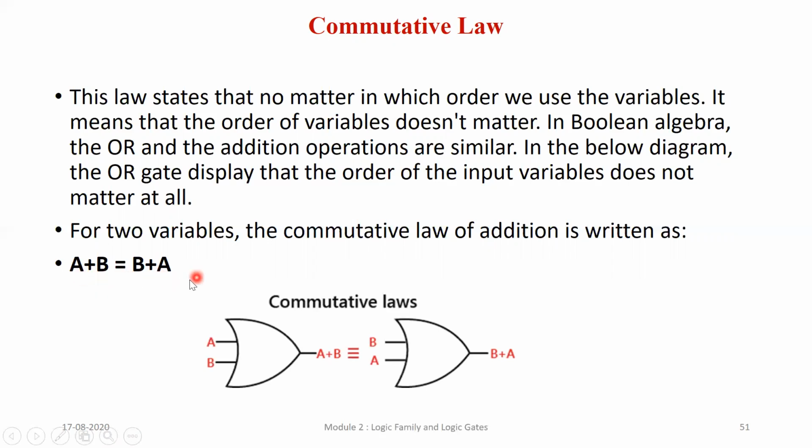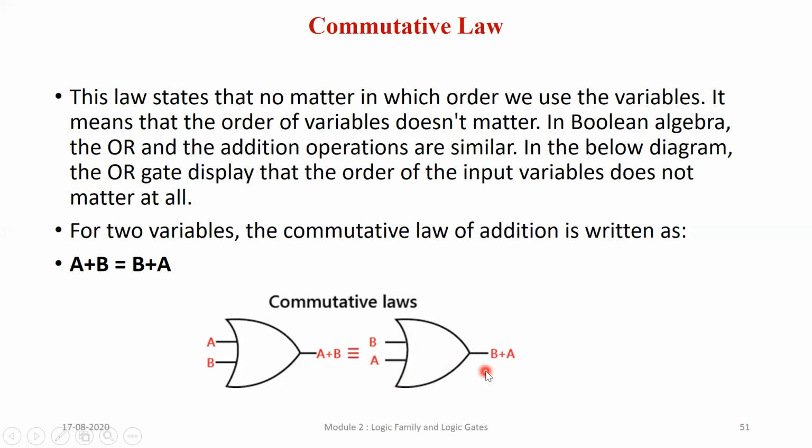Write this equation: A plus B is equal to B plus A. So the commutative law you already know. A plus B is B plus A. So I will use an OR gate, a 2 input OR gate. So A plus B I will give as the input. Here you write Y is equal to A plus B. Quickly draw this. Okay, similarly, nothing changes, so B and A is at my input.